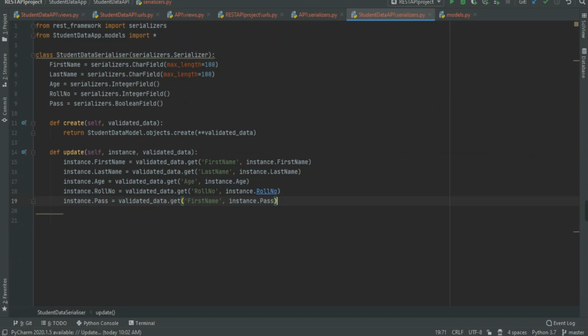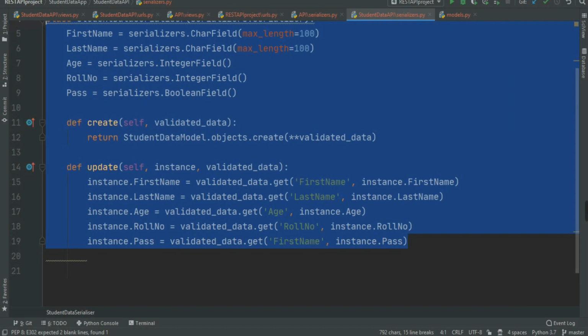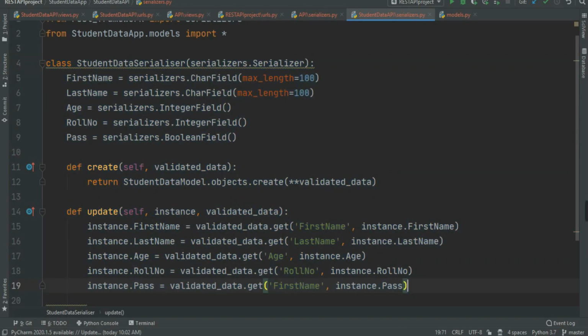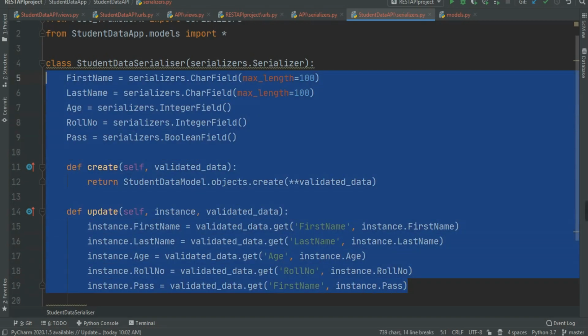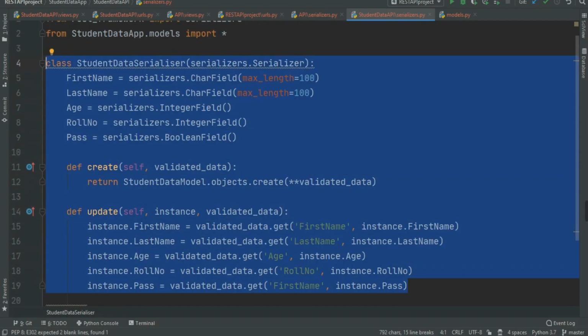Now remember, if you don't want to do all of this stuff, you can use the class based approach. This is the function based serializer. So if you want to use the model based serializer, you have to write serializers dot ModelSerializer here. You can use the model serializer and it will reduce all of this code. But in a future video I'm going to talk about the model serializer. For now, this is very important, because you can't understand model serializers without understanding this stuff and how these things work.